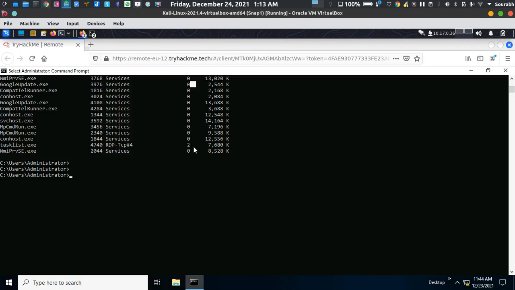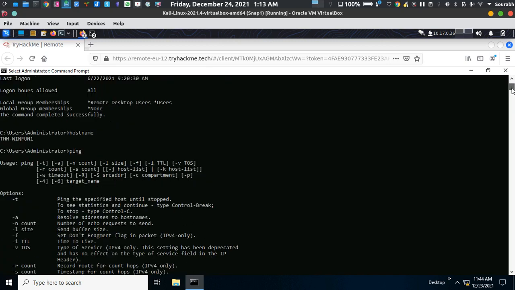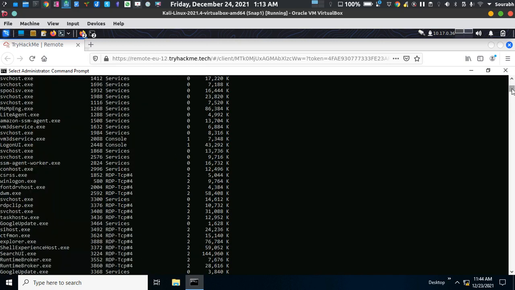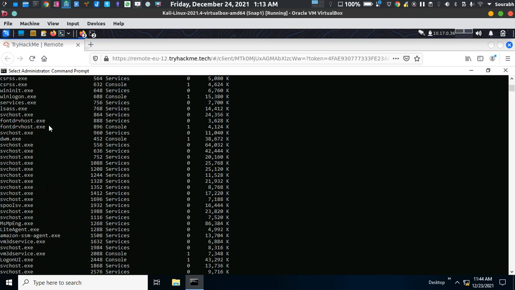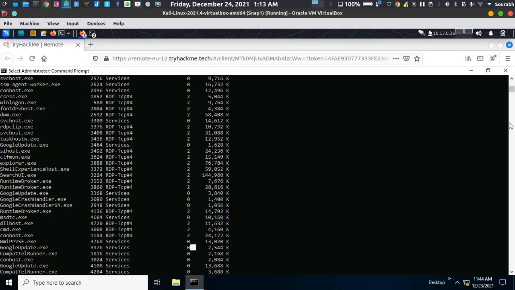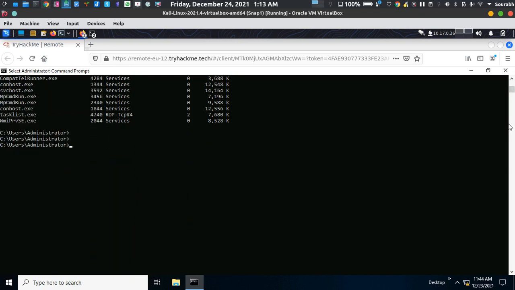So for knowing about the services on your computer, you just have to type tasklist, and all the services related to your computer are going to be printed out. There's another way: tasklist followed by a particular switch.